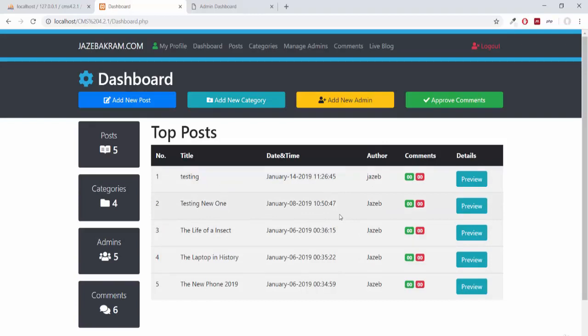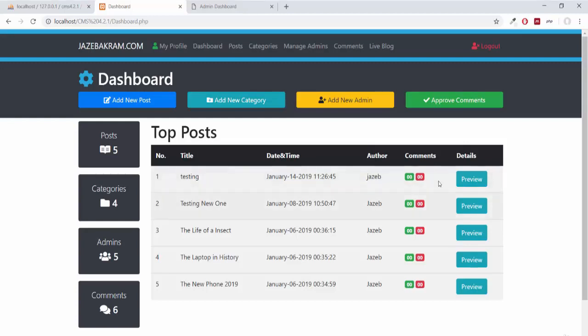If you want to create your own algorithm that can fetch your posts according to the number of comments on them, you can declare those posts as a top post which have the highest number of comments. But I will not go into that deeper detail. I will fetch only 5 posts, the latest ones here.